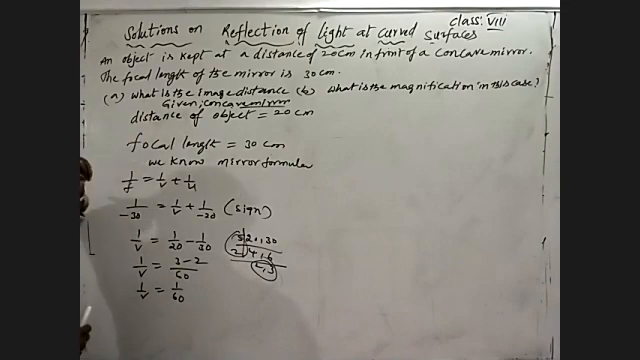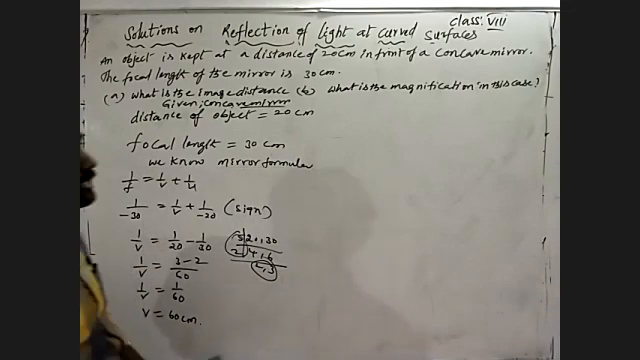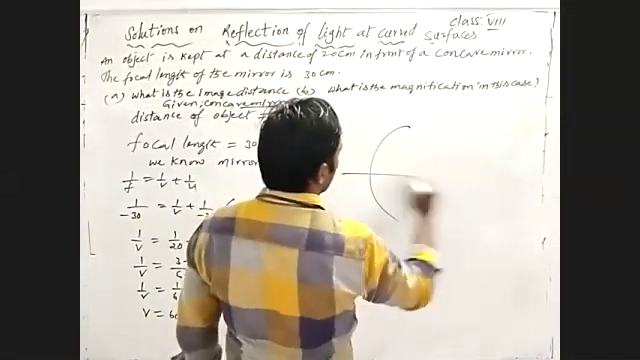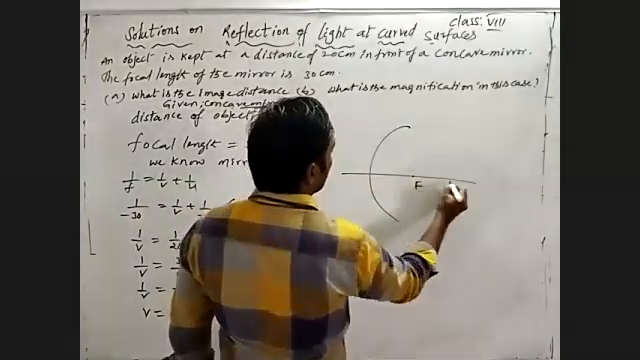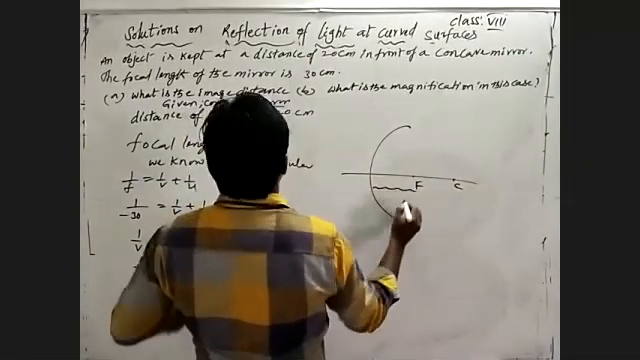See here what I'm saying to you: focal length is 30, object placed at 20. We got image distance as positive 60 centimeter. Why did we get positive 60 centimeter? This is a concave mirror, with focal length and center of curvature. Our focal length is how much? Focal length is